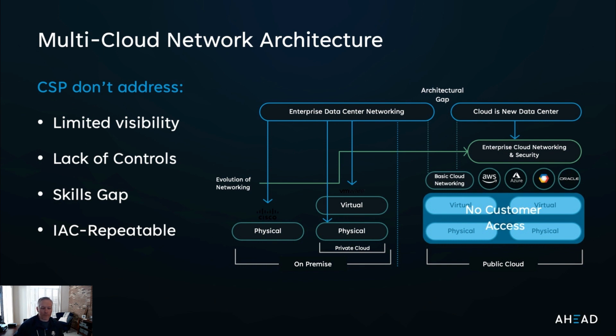a little bit different. Back in the days when I had all of my apps and networking in the data center itself, I had visibility, I had tools, whether it was NetFlow tools or packet capture tools. I had a whole tool bag of troubleshooting that as a network engineer I could dive into and really diagnose what a problem was. Well, as we started moving into the cloud, we started seeing some gaps. Number one, we started to see that some of the visibility tools in the cloud really didn't give us the visibility that we used to have to see dropped packets, etc., and really dive into those stats of what's